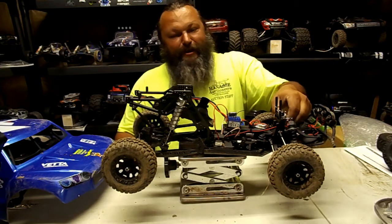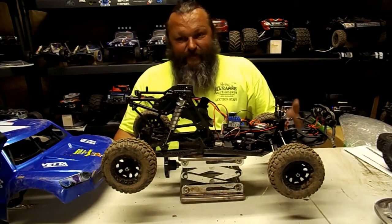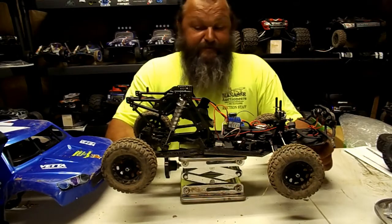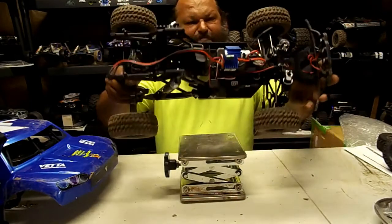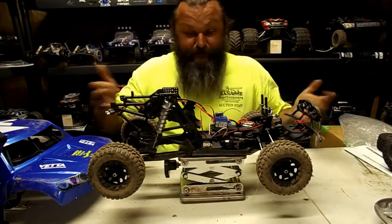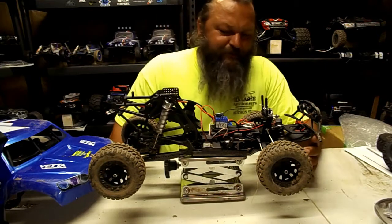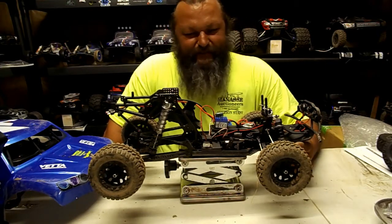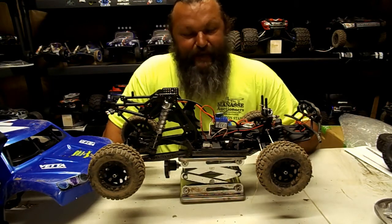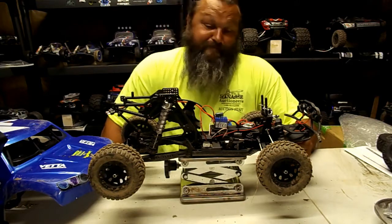I talked about putting a mild brushless system in it, but I don't think I will. I mean, this thing is really a fun rig. And I think it's well worth the $200. So far, it seems to be. I'm not sure what happens with it when you do the obvious and upgrade it to a brushless system. I still might put the mild brushless in there. I'm not really sure. I think the ill handling part that gives it its charm makes it a miserable thing to drive if you make it more powerful. I'm not sure though. I'm still on the fence about it because I thought it would be miserable driving anyway,